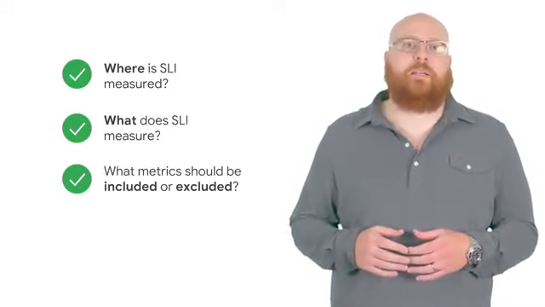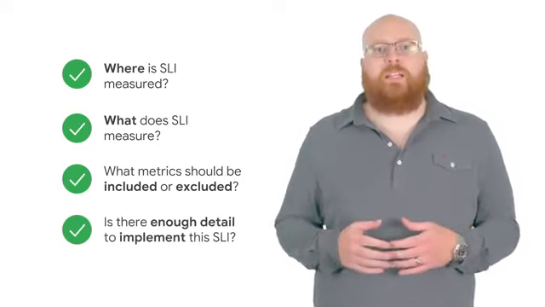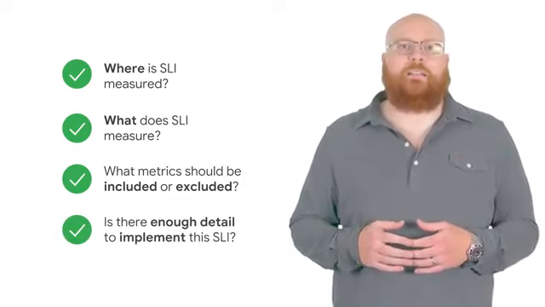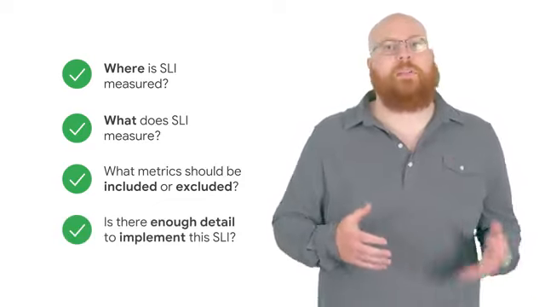But these expectations raise questions. What does successful or quickly really mean? How will we measure these concepts? It's really important to be precise when defining SLI implementations. Your final SLI should be clear about where it is measured, what is being measured, including any units, and what attributes of the underlying monitoring metrics are included or excluded. Remember, we want the final implementation to contain enough detail that someone could create monitoring configurations or software to measure the SLI based upon it. Let's see how this process of refinement works.